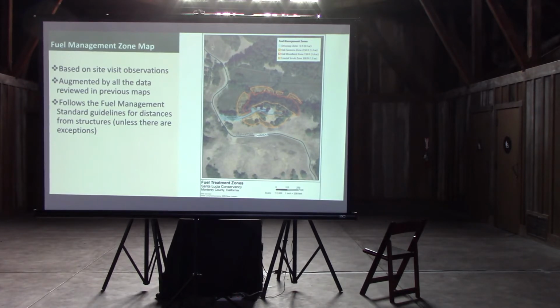When we say to do that 150 feet of oak woodland zone, it's obviously not going to be surrounding the entire property, because the oak woodland zone is only right there, and you wouldn't do it where it's all grass. We're not saying it's a uniform